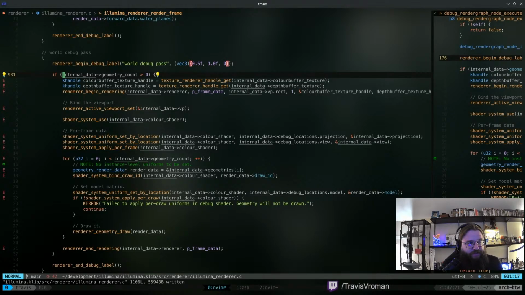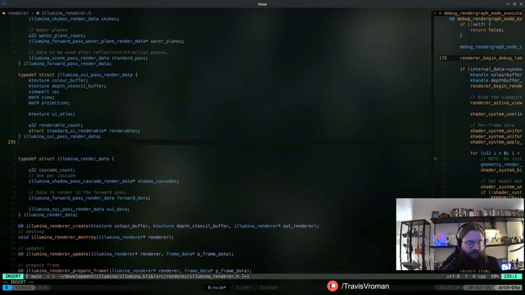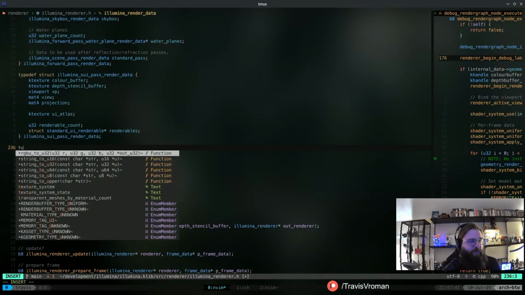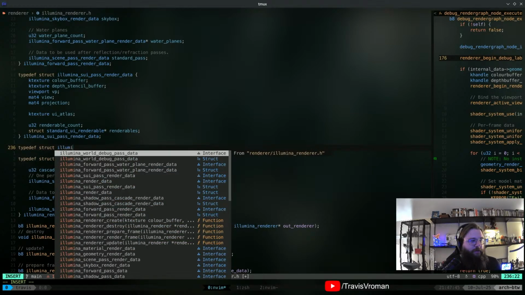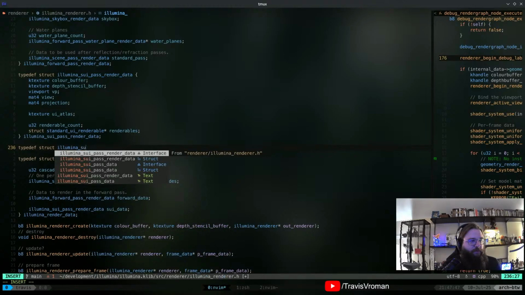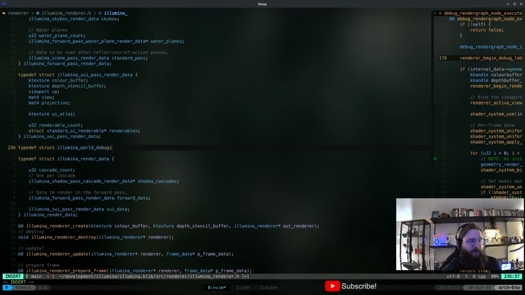So this was using internal data geometry count. So we actually need to... oh, you know what? We did not do the render pass data in here. So we're going to need a new struct for that as well. And this one's going to be really simple as well. So typedef struct Illumina... no, not SUI, world debug